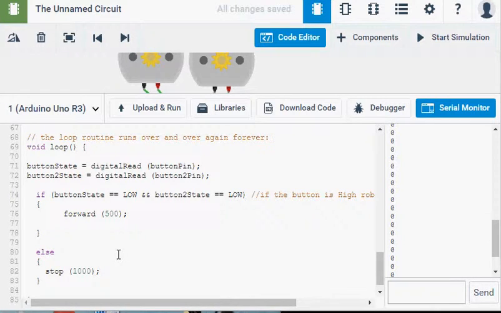Now the next thing that I need to do is apply right and left. So if, and I'm going to copy this again, Control C, Control V. So if button state low, so this would be the left one, this is the right one. So I want if left is high and 2 is low,